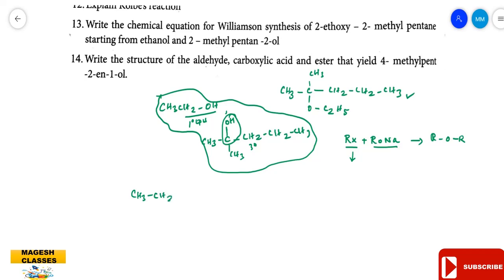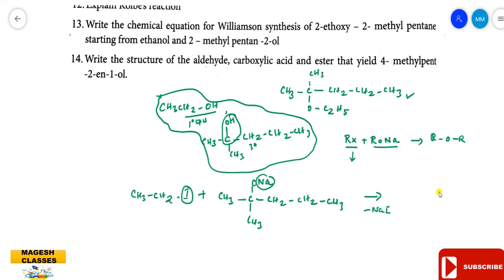So the combination is CH3CH2Cl or I. For better reactivity, I have taken ethyl iodide, and this is in the form of alkoxide, that is CH3C. This is in the form of alkoxide, so that you can prepare this ether. Otherwise, if you take this as alkyl iodide and this as sodium ethoxide, what happens? Sodium ethoxide eliminates the compound instead of forming the ether, so that the Williamson product is not formed.